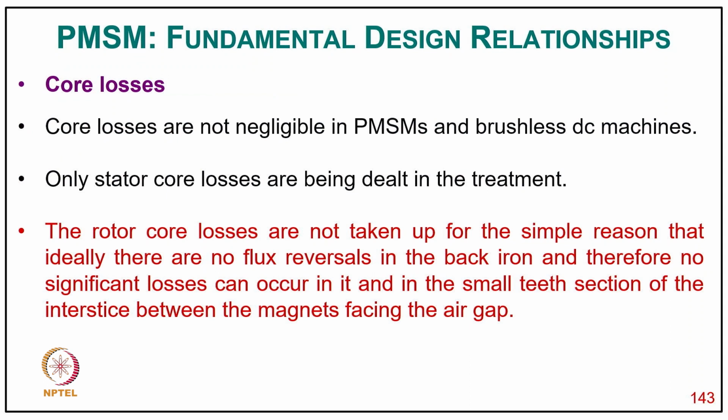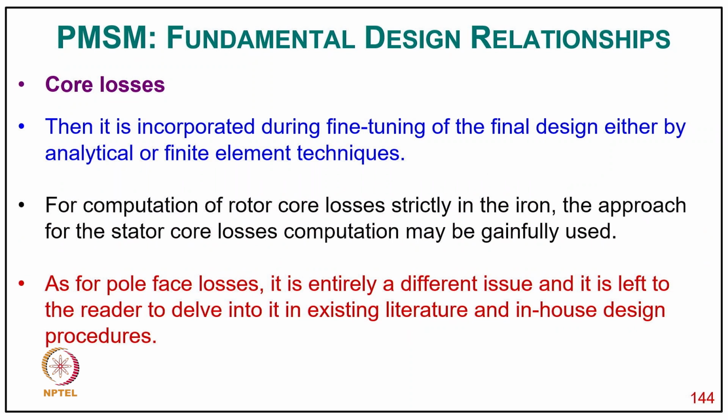and this current is the absolute maximum that the machine can be subjected to under all circumstances. Now coming to core losses, the core losses are not negligible in permanent magnet synchronous machines and brushless DC machines. Only stator core losses are dealt with in this treatment, and the rotor core losses are not taken up for the simple reason that ideally there is no flux reversal in the back iron, and therefore no significant losses can occur in it, except in the small teeth section of the iron between the magnets facing the air gap. So then it is incorporated during the fine tuning of the final design,